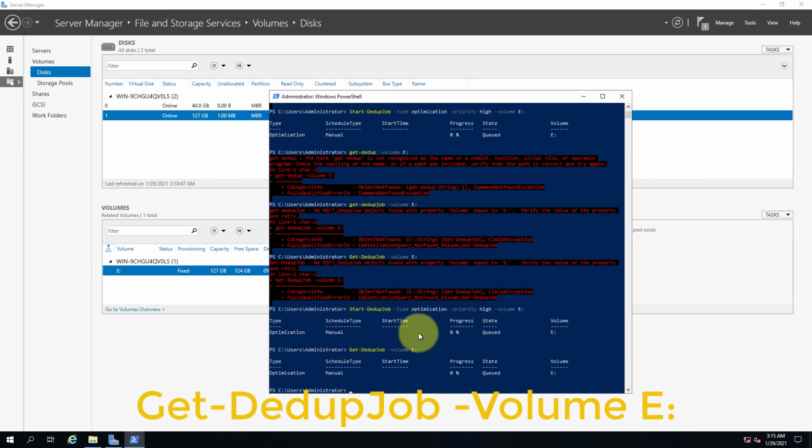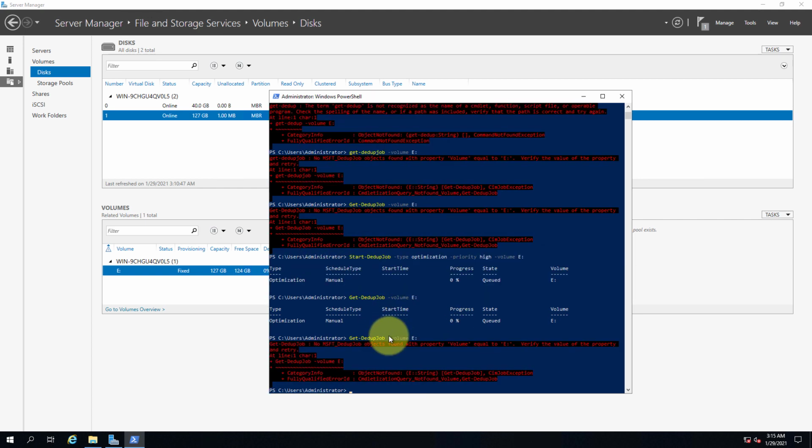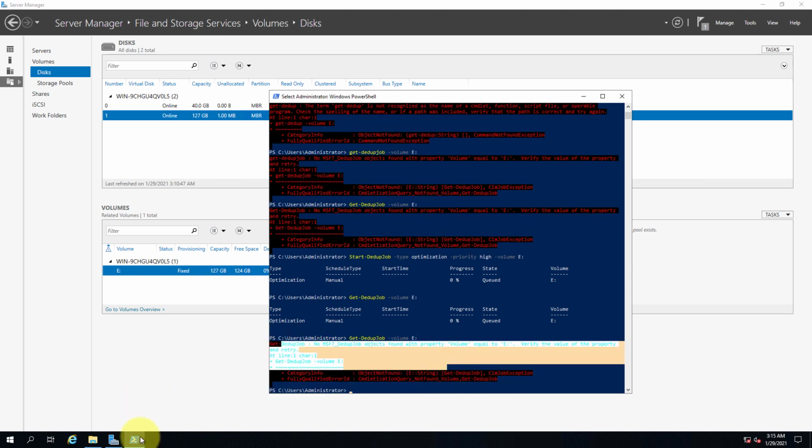Actually it had finished, that is the reason it was giving an error. Normally if the job is finished and you type this command, it will give an error message, but if it is not finished you can view the status. Now you can see it is showing an error again, so the job is finished.